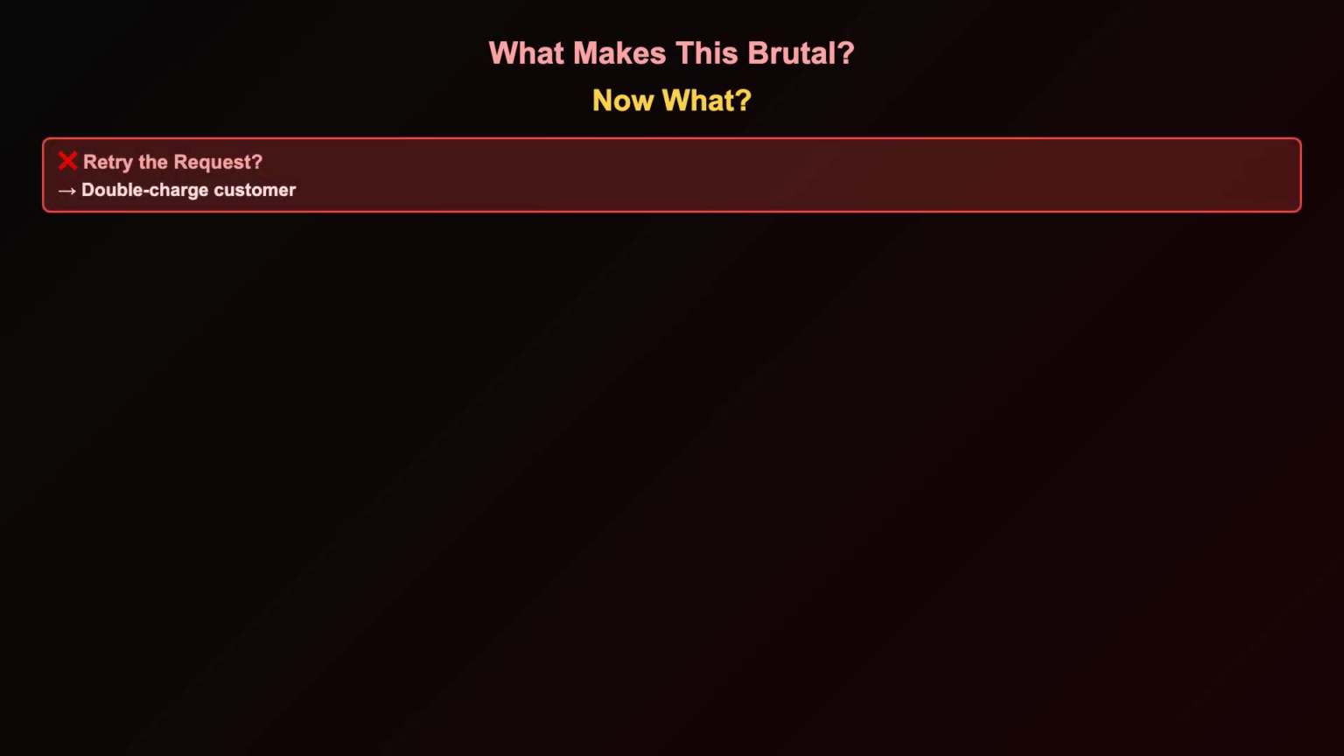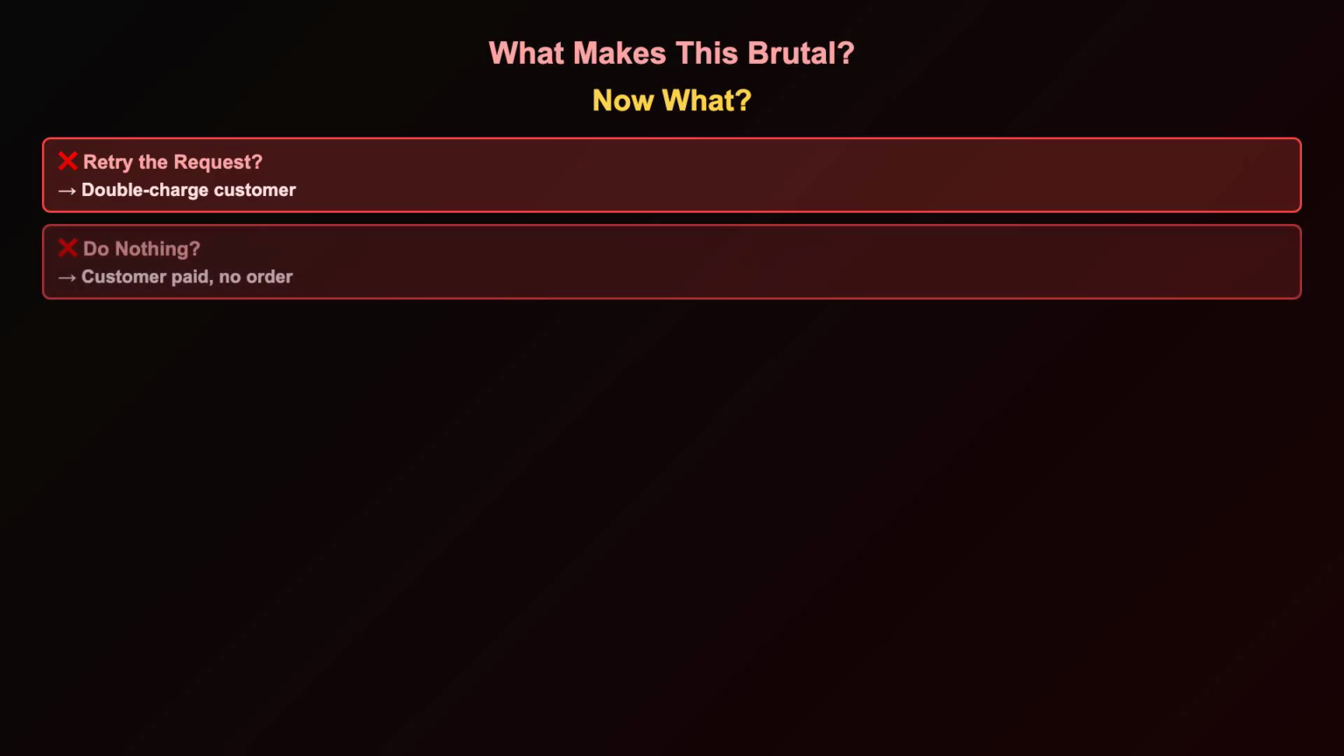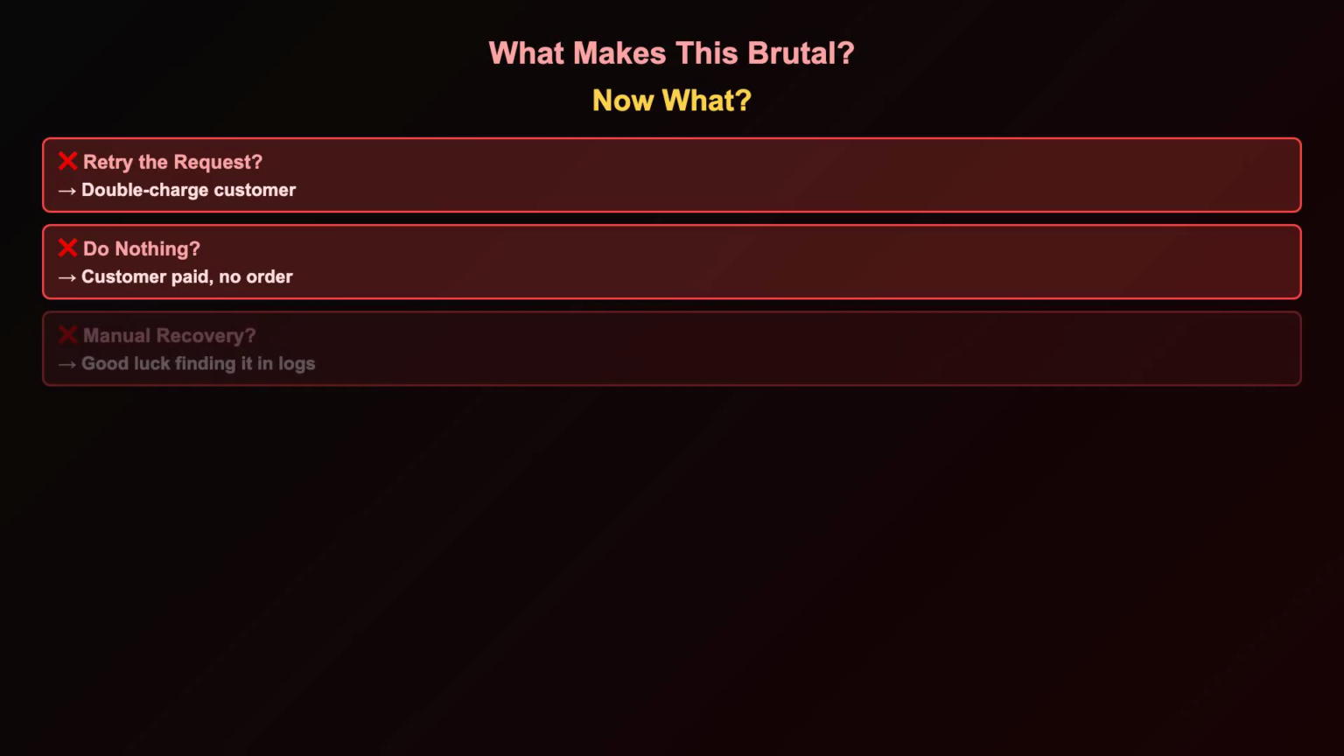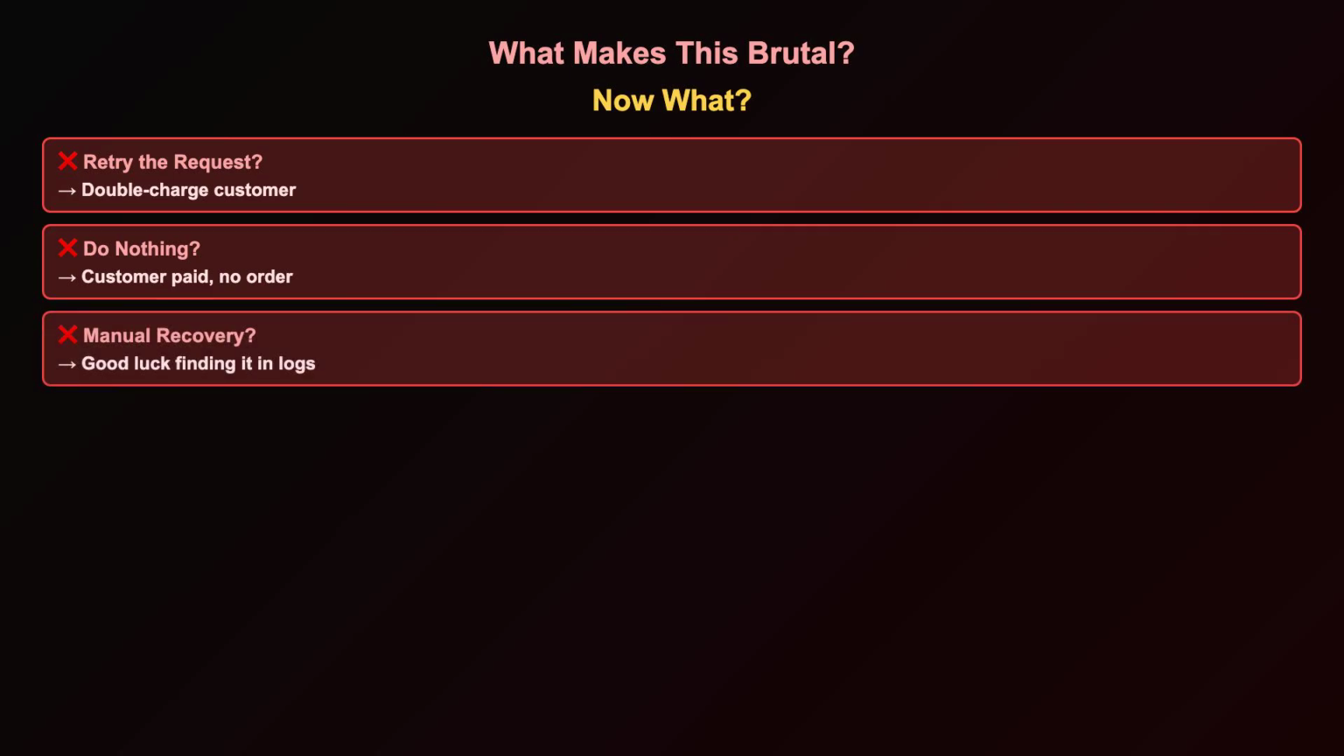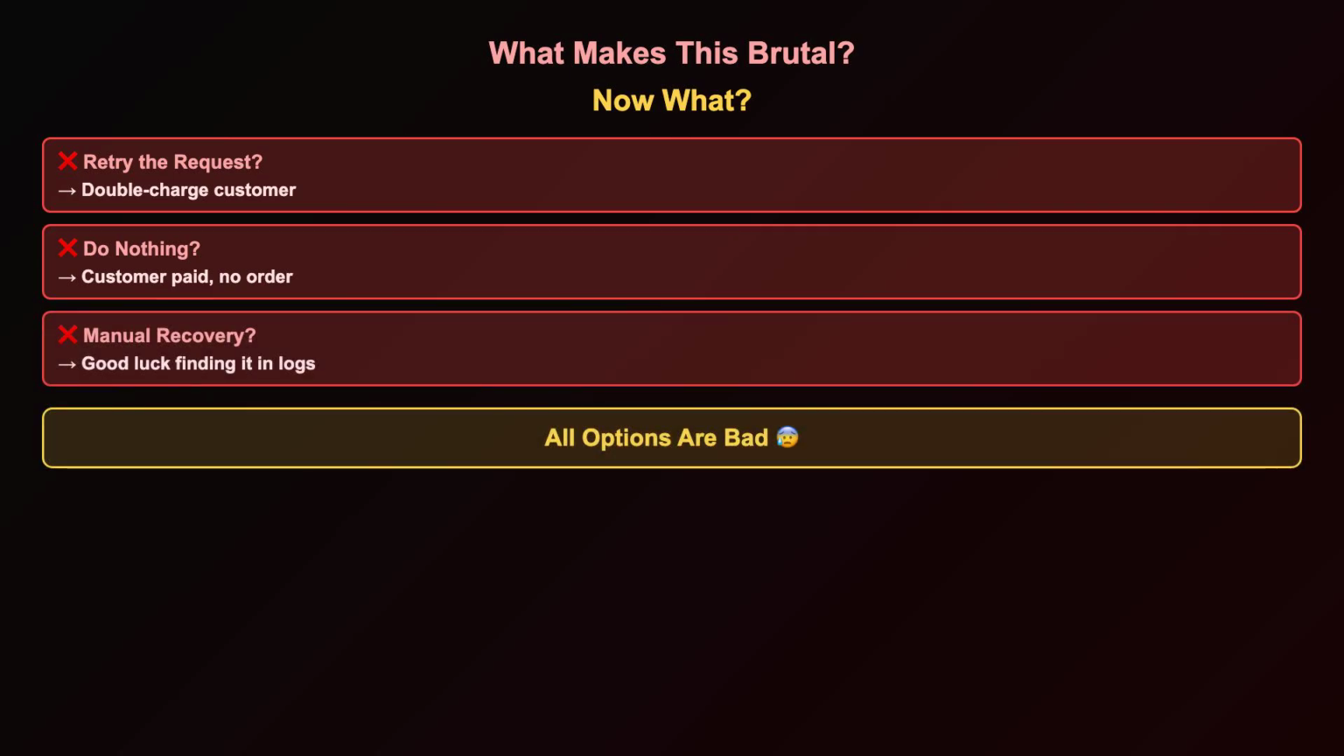Kubernetes restarts the pod, fresh memory, no state. But Stripe has the $299 captured earlier. Inventory was decremented earlier. The pod doesn't remember this. The request is gone. Now,